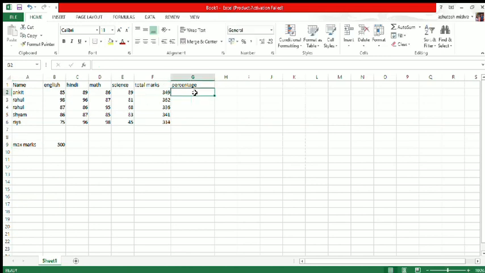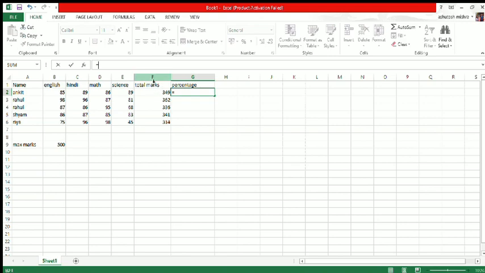Here you want to find the percentage. So first you will click on that cell where you want to display the percentage. After that you will click on the FX bar and write the equal to sign. The total marks of Ankit, where are they? In the F2 cell.